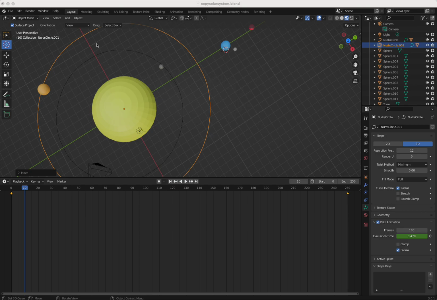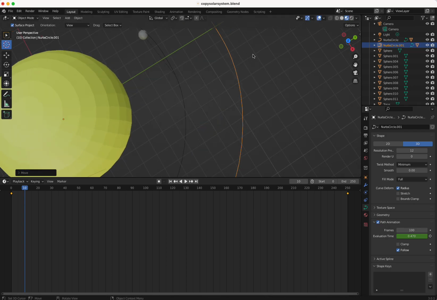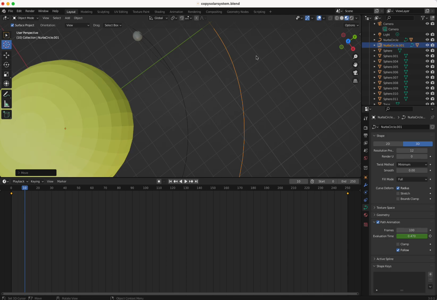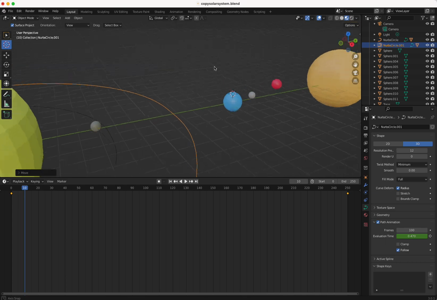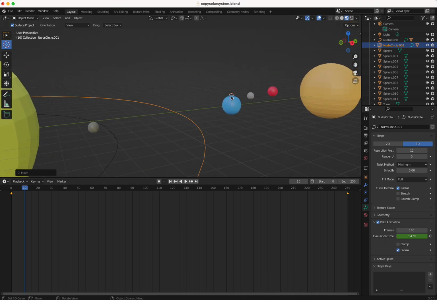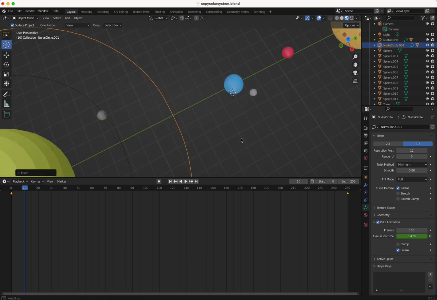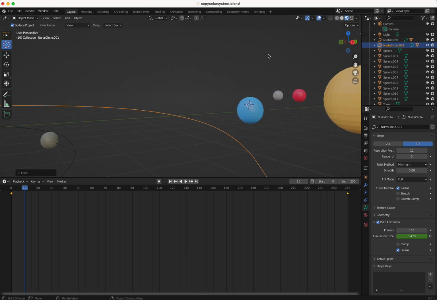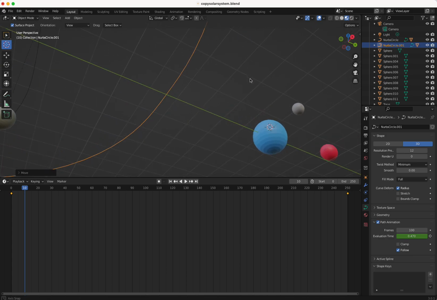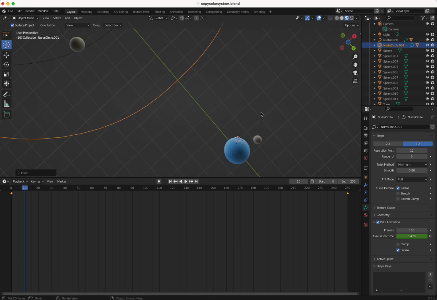We have two orbits. First is the orbit of the moon to the earth. First, pointing where the position of the earth itself is here. Then we make the earth farther away from its moon. Make sure that this is the center of the earth. So the moon will be spinning right in the center of the earth.